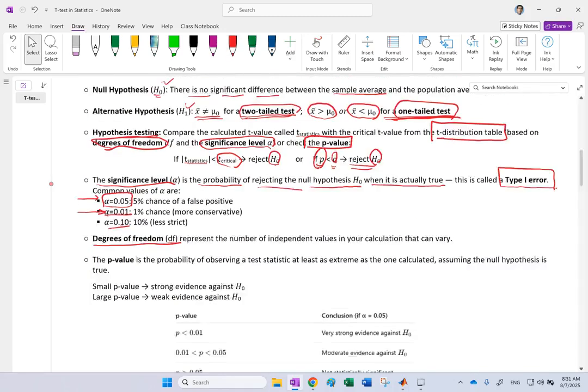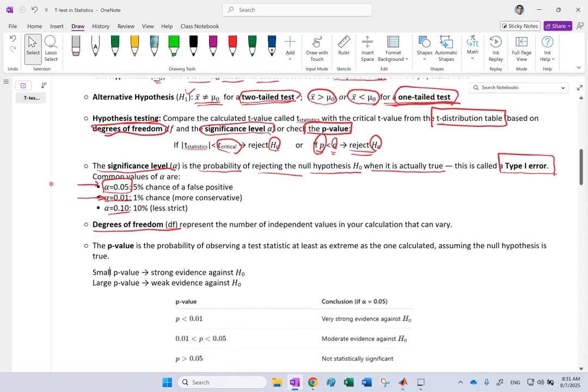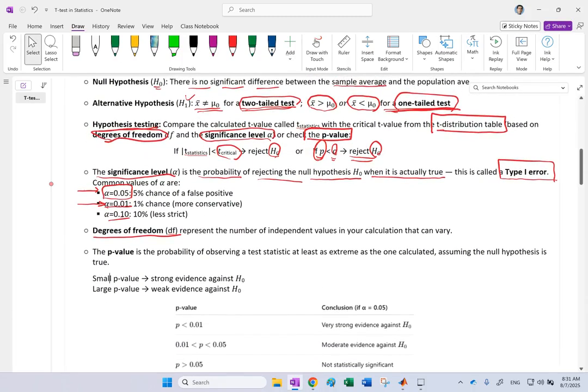Now, you learned that in this kind of test, DF is number of data minus 1. So what is degree of freedom in general? Degree of freedom is the number of independent values in your calculations that can vary. Okay? So the number of independent values that in your calculation can vary, that is what we call the degree